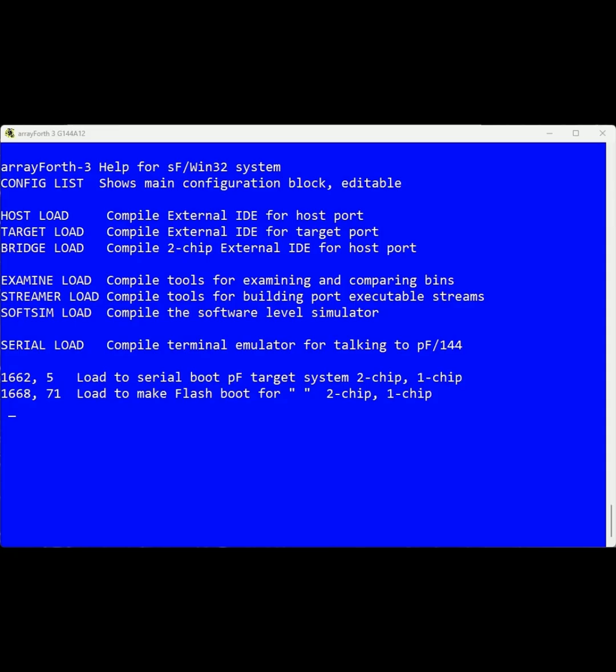Then, having started aRAY4 using the appropriate one of the shortcuts that we supplied, in this case G144A12, here we are looking at the aRAY4 help screen. At this point, if we remember which serial port we were using for the A port on the eval board, the port that goes to node 708 on the chip, then we will at this point say the number of that port,